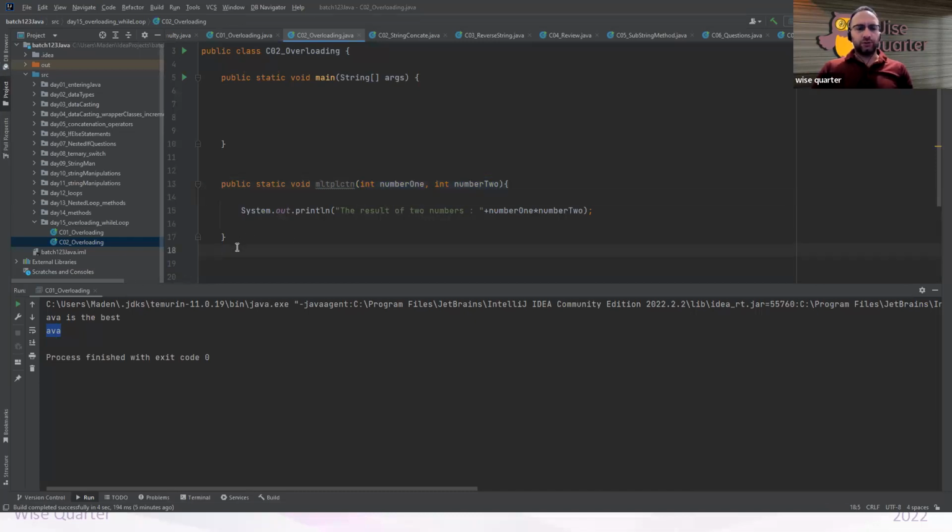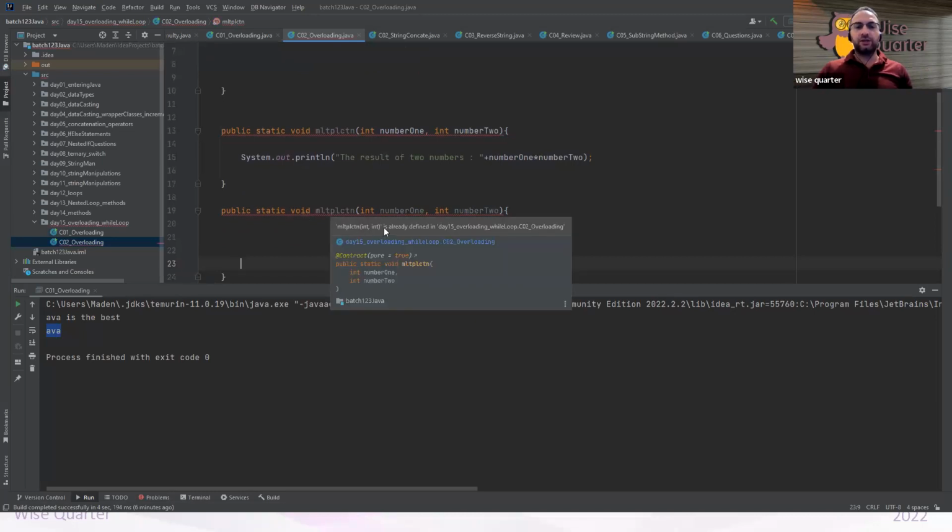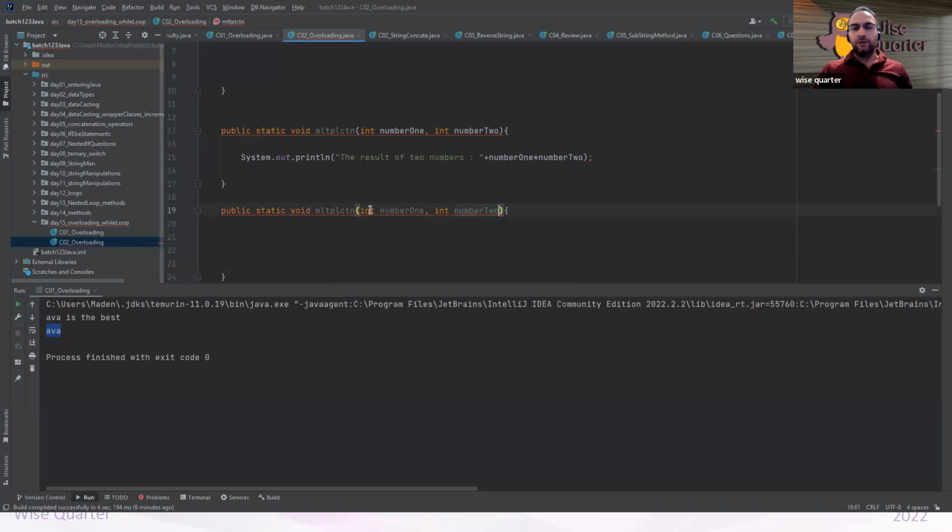Yes, let's create it. Public static comes from me. Return type should be same. And this time I will use three numbers. Integer number 1, comma, integer number 2. When I create it like this, as you can see, Java is complaining. It is saying, hey, this is already defined somewhere. You do not need to write it again. Same name,